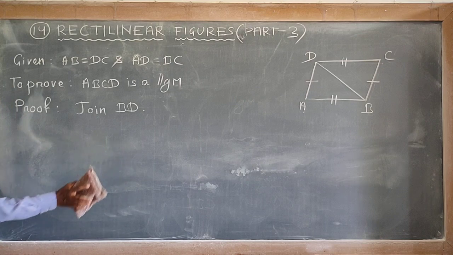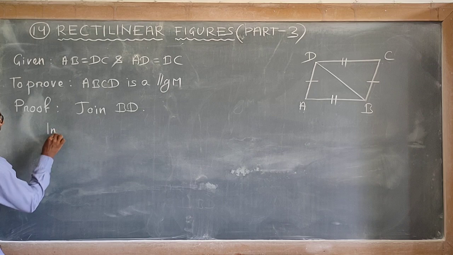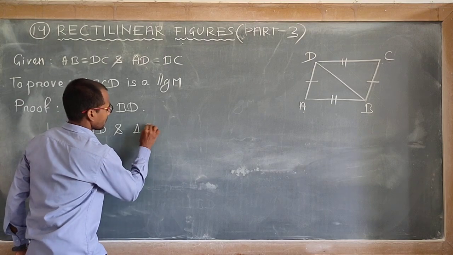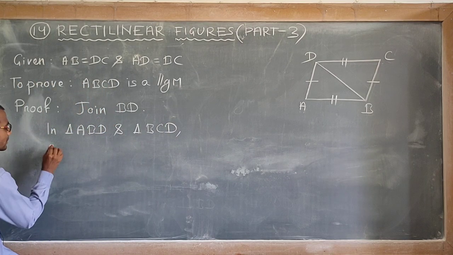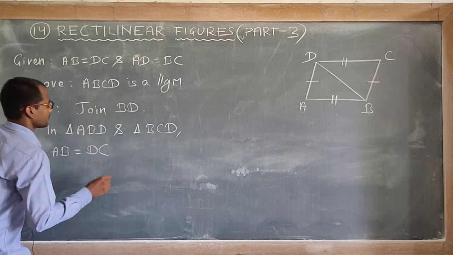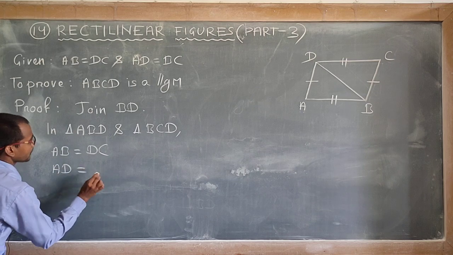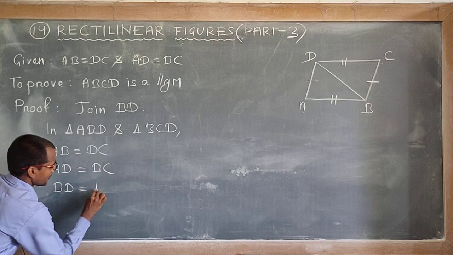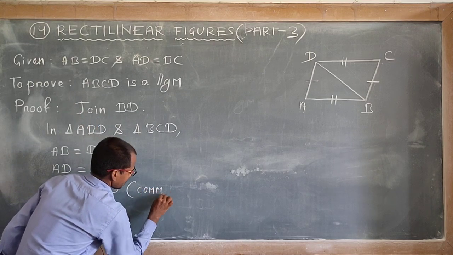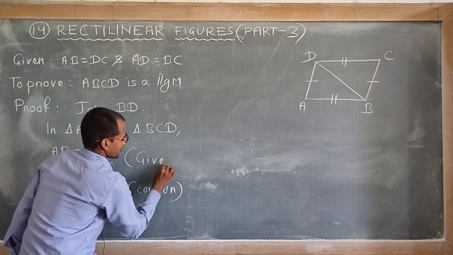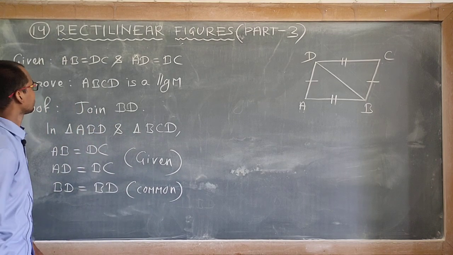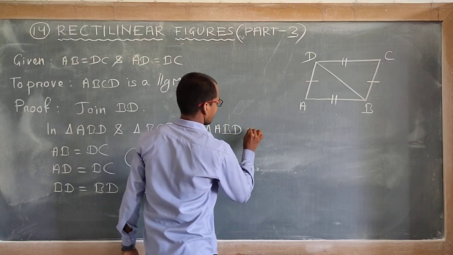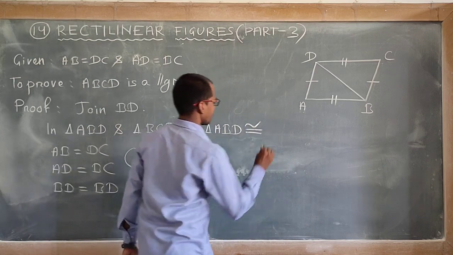So in triangle ABD and triangle BCD, AB equal to DC, this is given here. Then AD is equal to BC, this was also given. Then BD is equal to BD, common. These two are given and this is common. So triangle ABD is congruent to triangle